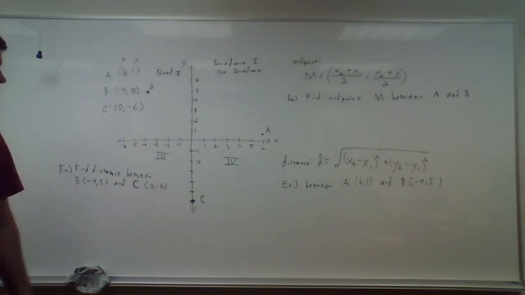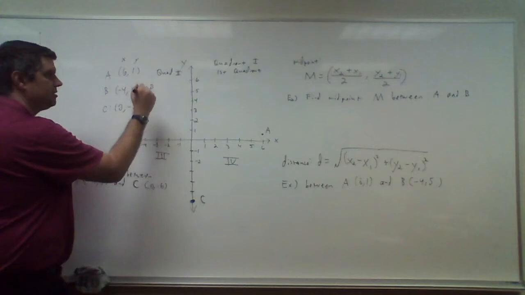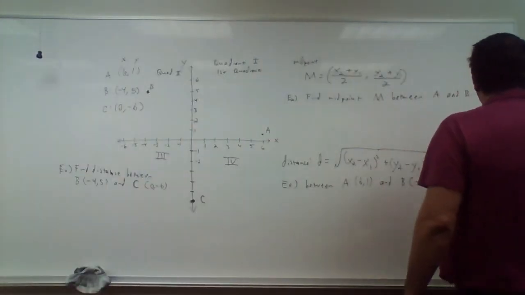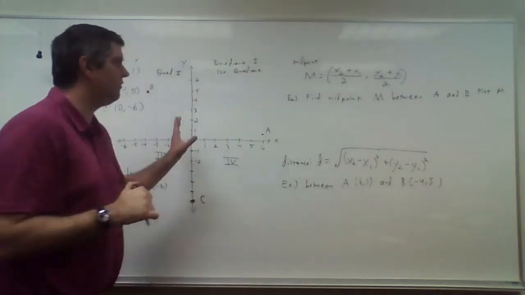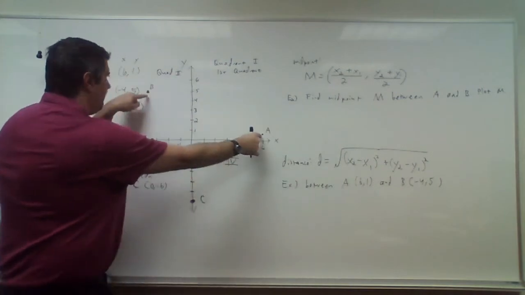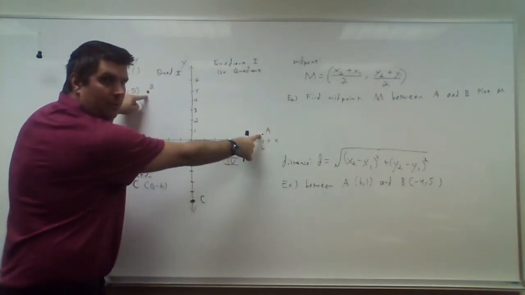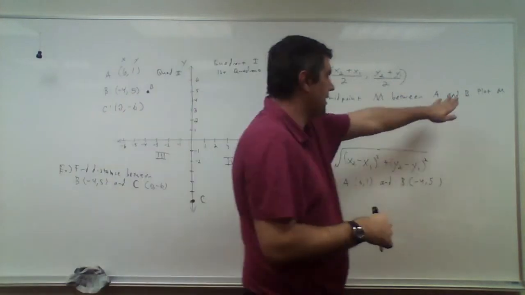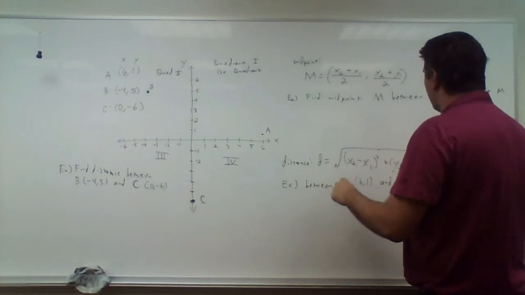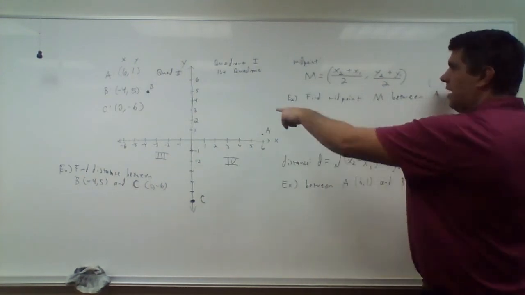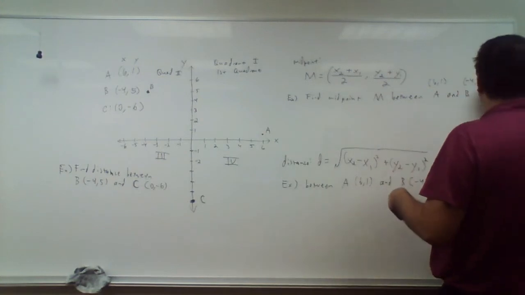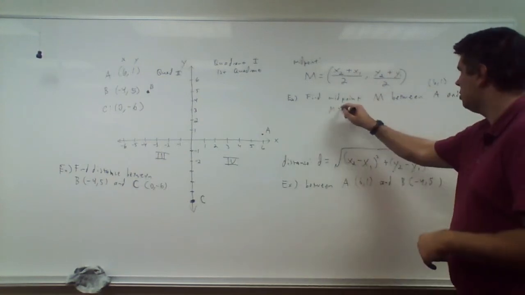Now, there's some formulas that you need to know in regards to these. Okay? I'm going to add something else to this plot out. We're going to find the midpoint between A and B. We're going to do this example right here, A and B. Then we're going to plot the midpoint. So here's the formula. You average the x's, you average the y's essentially. So A is 6, 1. B is -4, 5. So M will equal